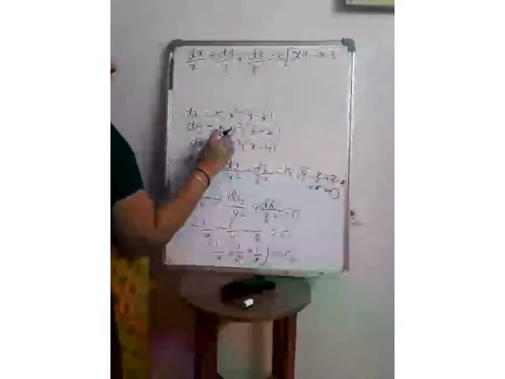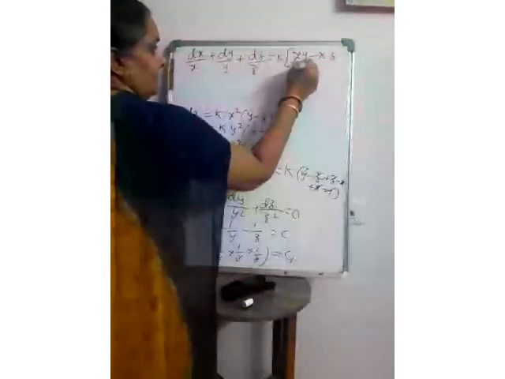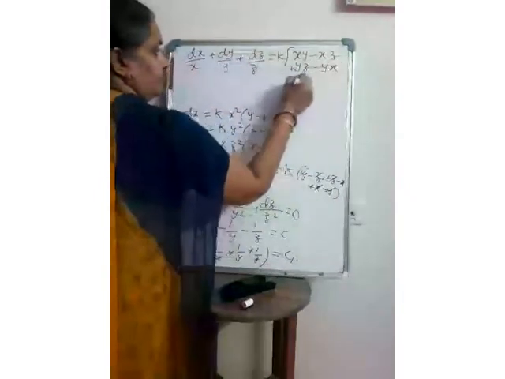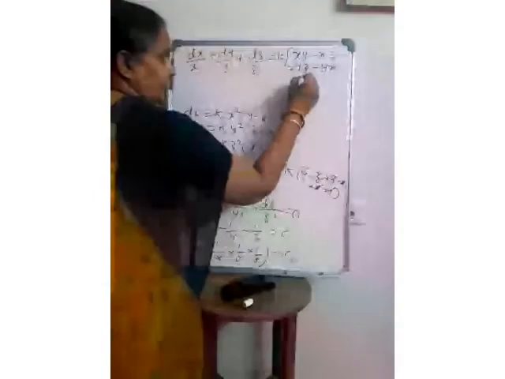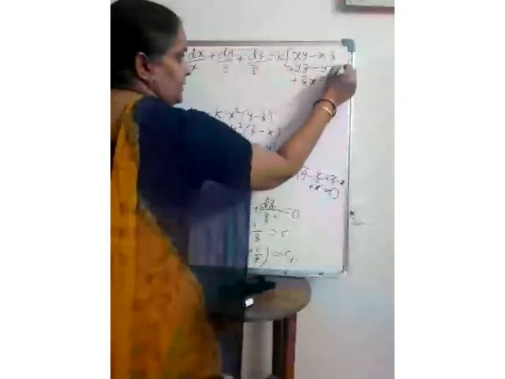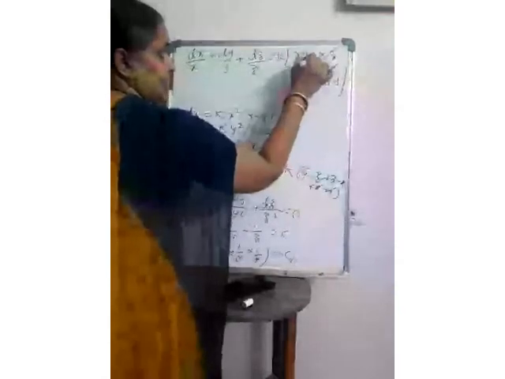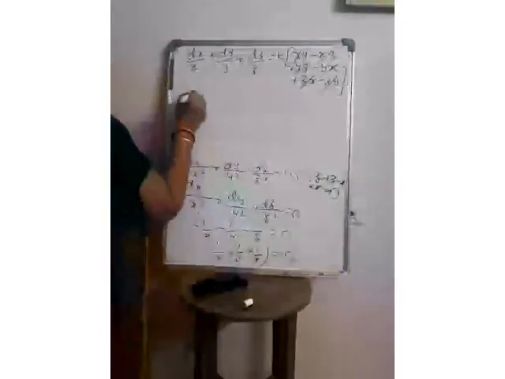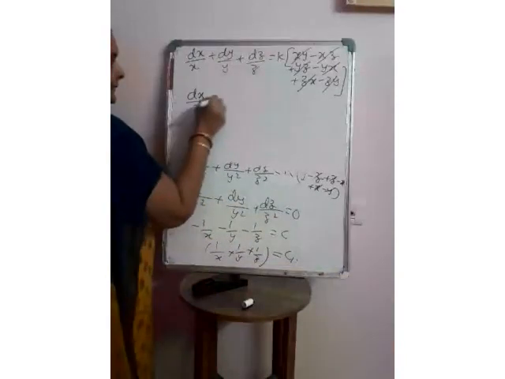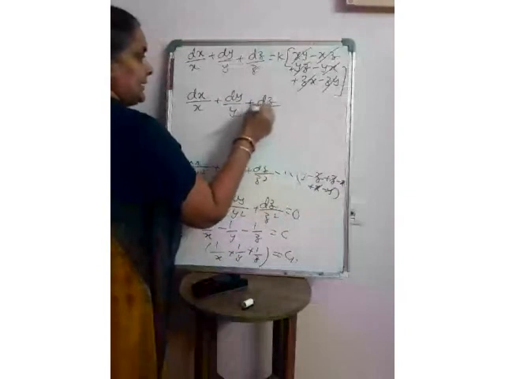Here one y gets cancelled, one y will be left over, yz minus yx. One z gets cancelled, we will be left over with one more z, zx minus zy. So you can observe that zx minus xz gets cancelled, xy minus xy gets cancelled, yz and minus yz also gets cancelled. So we are left over with dx by x plus dy by y plus dz by z is